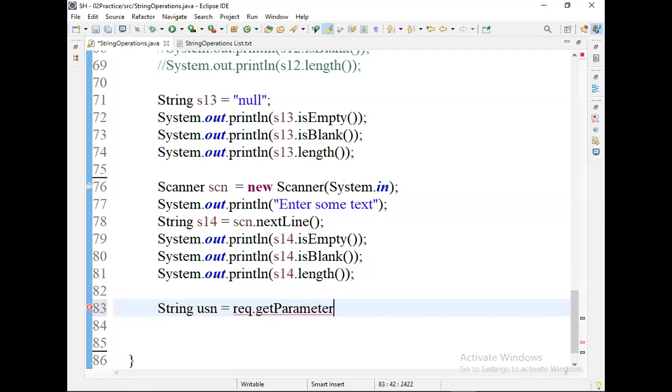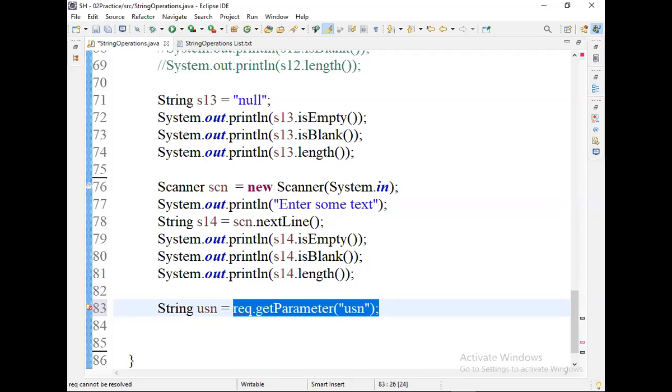Request.getParameter, where you are passing the parameter name USN. If the parameter name is not available, it reads from what you call a Properties object. The request object's background is a Properties object, which is a Hashtable. If the given key is not available, what does the get method return? Null, right? In advanced Java, in servlets, you are getting null. It's not because you are not passing from the keyboard.